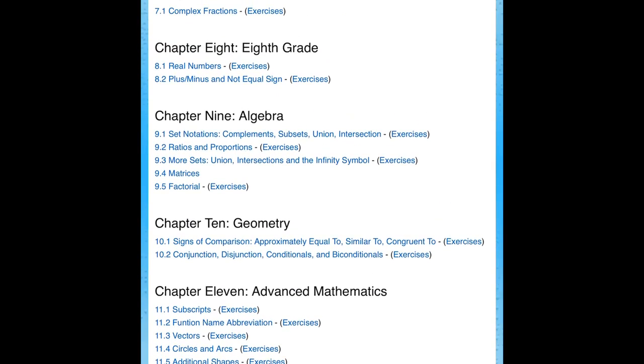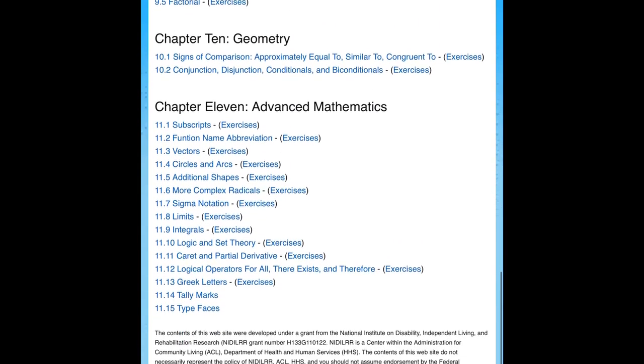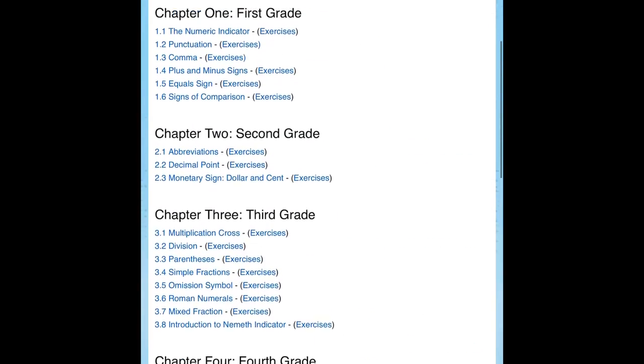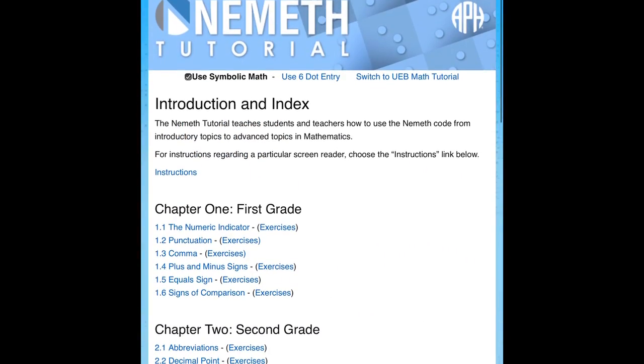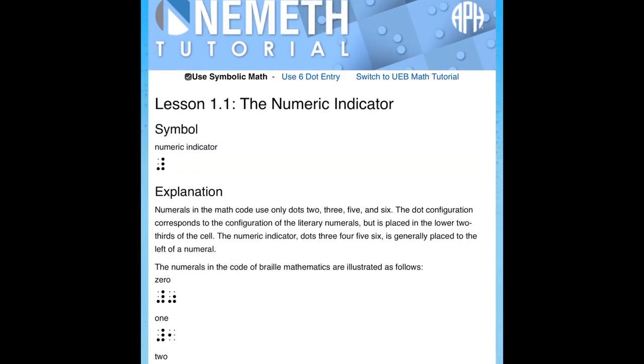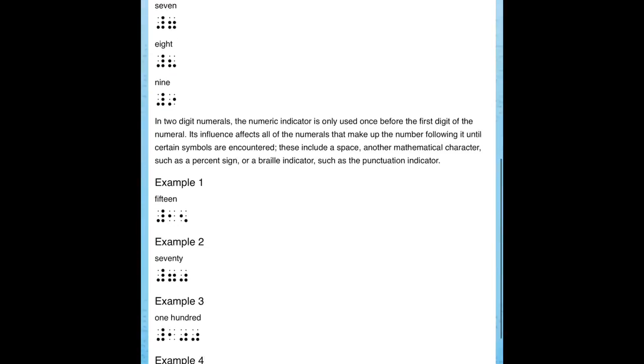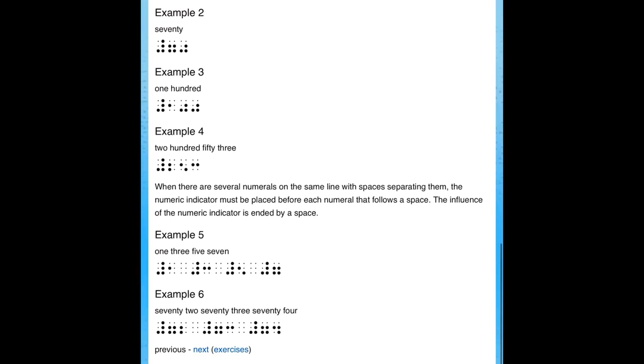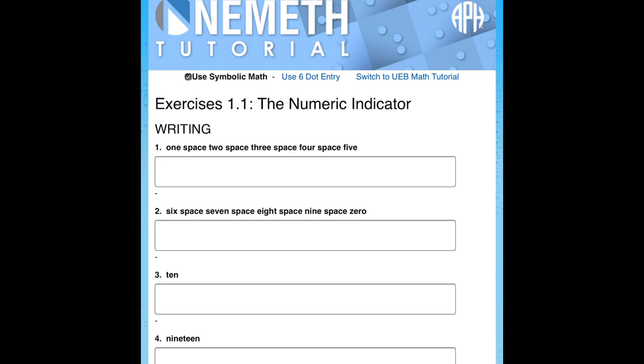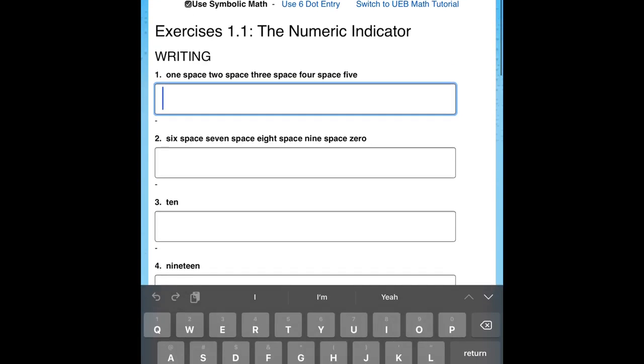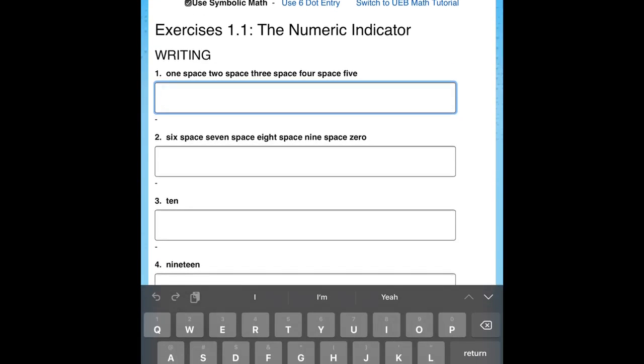Chapter 9 starts algebra, chapter 10 is geometry, and it has sections underneath each of those, and it has an explanation and then some exercises so they can practice that,